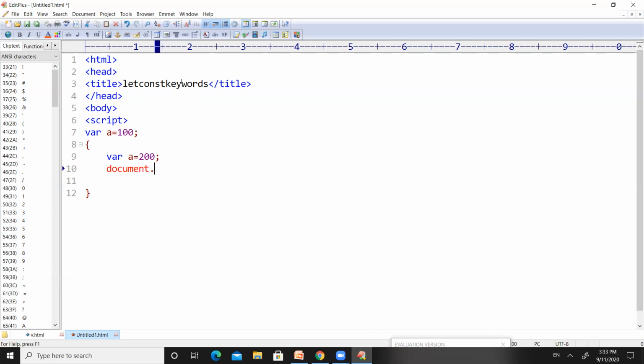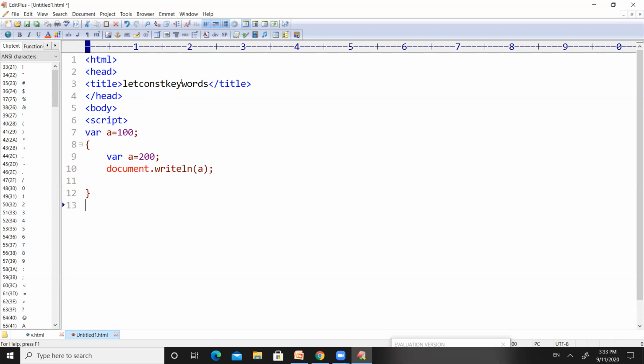Similar to that, we don't use classes here, so we directly start with an object. Document is an object, and document.writeln is a method which will print something on the output screen. Here I want to print the value of a.